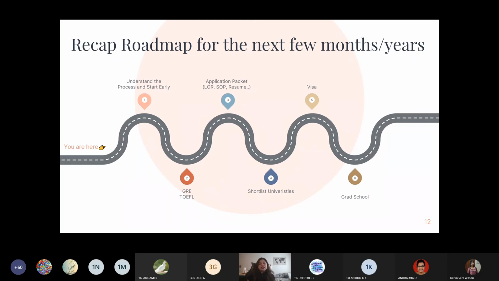And then visa. Once all this is done and the admits have come, you take all the documents, go to the visa office, and answer the questions. If you've done all this, you'll finish the visa easily. You don't have anything to worry about. And then you fly here to the US, to grad school, and you live here. Usually we rent an apartment and share, with individual rooms or shared rooms, whatever works for you.